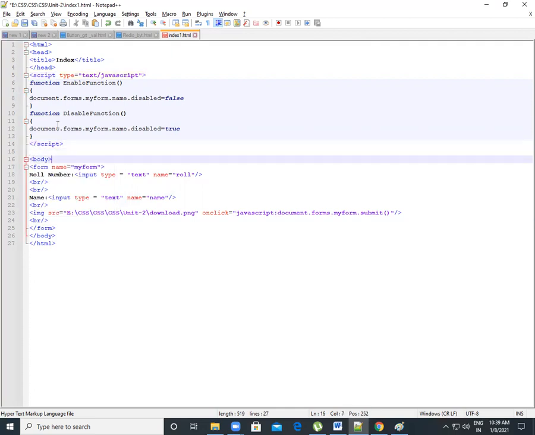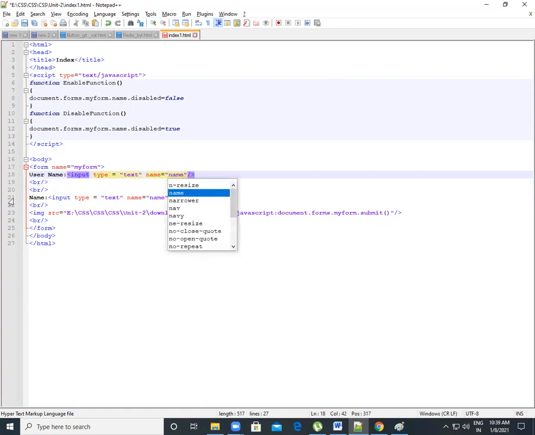Now body, using body, form name myform. Then here we change some information. Now we use here username, and also we change your name. Correct.